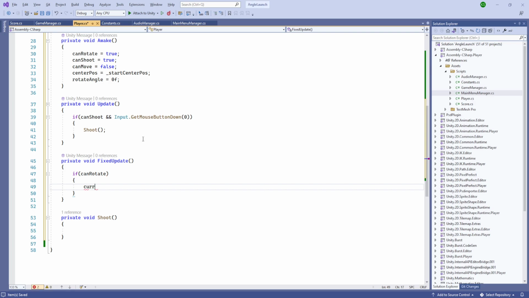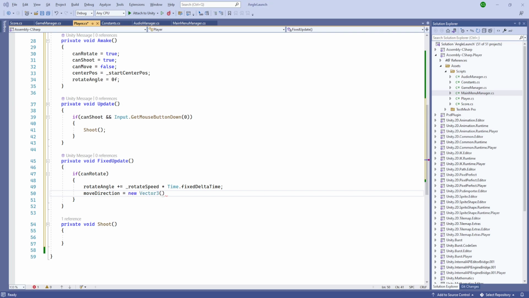So our current rotate angle is going to be increased by the rotate speed amount, multiplied by Time.fixedDeltaTime, and depending on that we are going to get the move direction, which is going to be a new Vector3 of Mathf.Cos of the current rotate angle